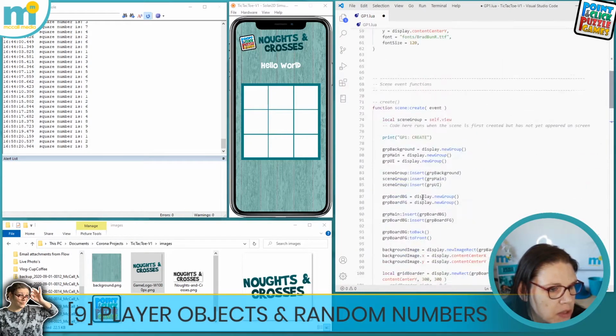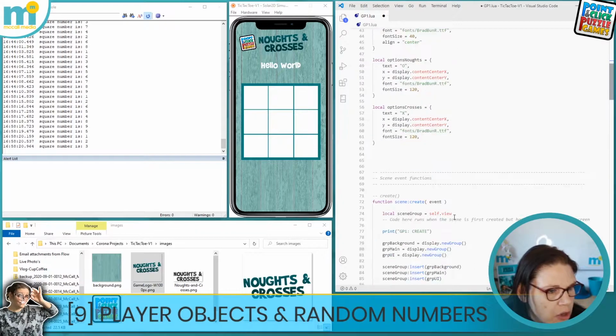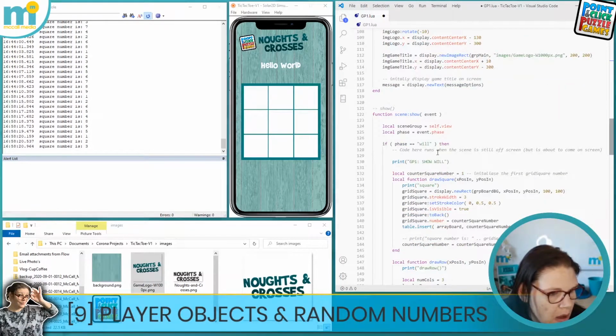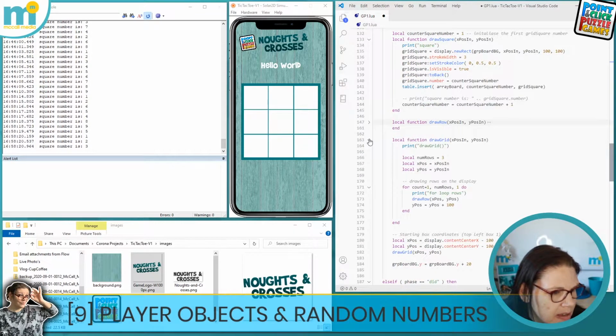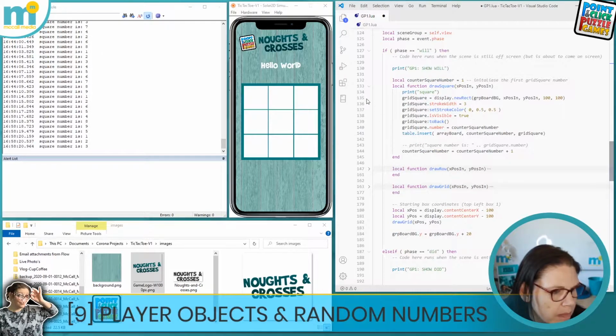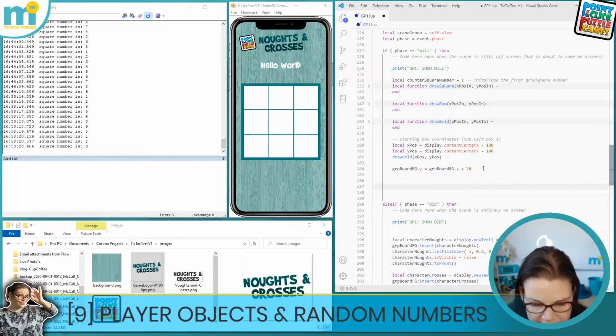So if you look at the message options, where we go back up here, message options, there we go, it's minimized. We've got the text as being hello world. We could change this now as part of the will show on screen. Let's come down here, find a nice place to put it. Let's minimize this to tidy up our code while we're working with it. Okay, so what we could do as part of this will show and preparing our board to come on screen is we could take the message text and update it to be something like it's player,